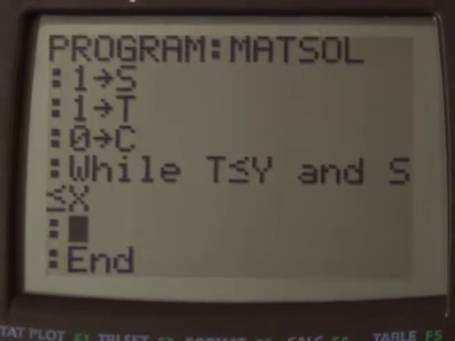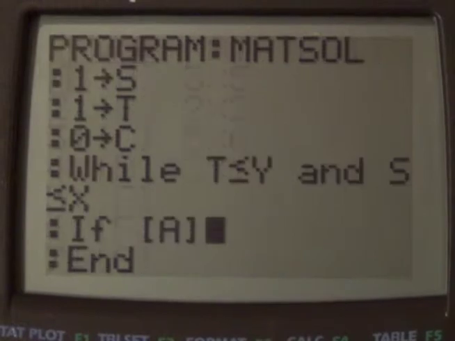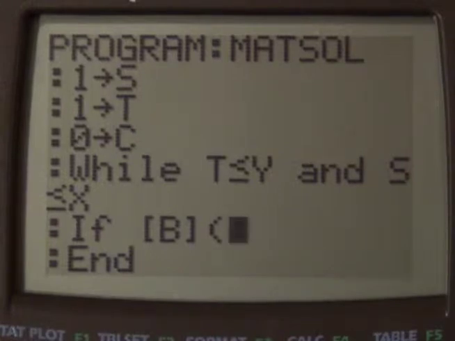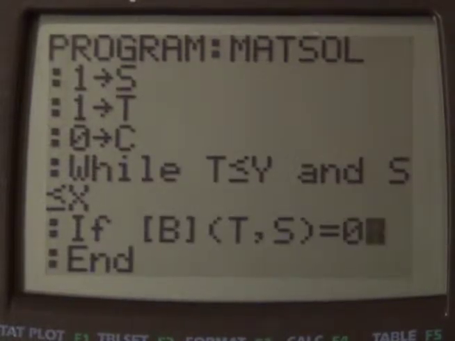So I'm going to store, so if matrix A, I'm sorry, matrix B is what we're working with. If matrix B T comma S equals 0,